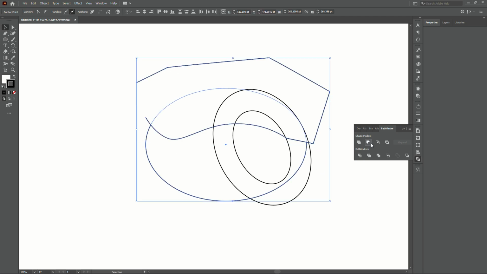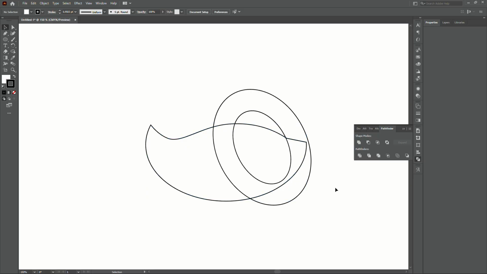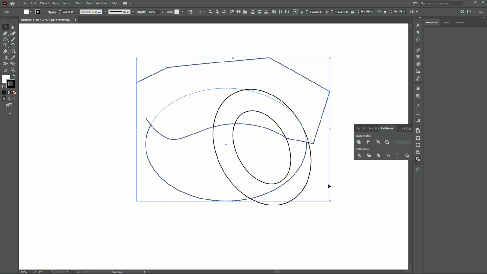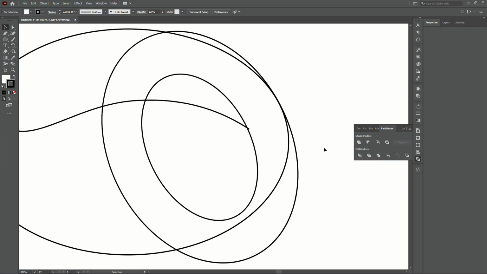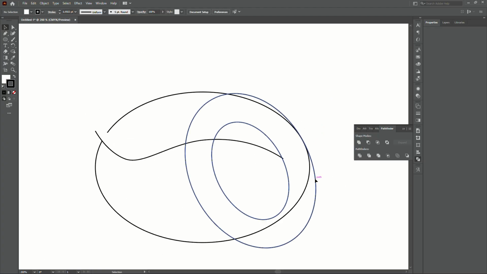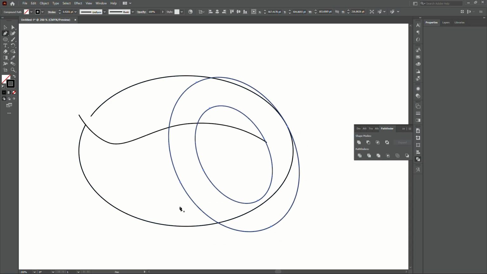Okay, did it cut off? Oh no, sorry guys, I think I made a mistake. We need to merge this into the oval actually, so we need to maybe just make a cut from this to this,